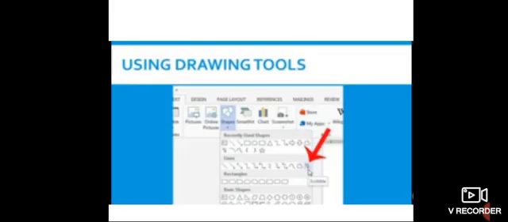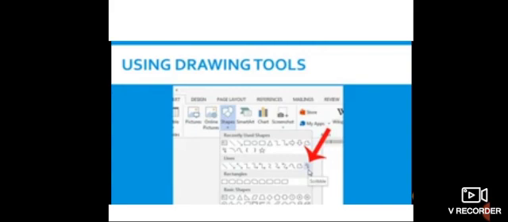Next is how to use drawing tools. The drawing toolbar contains various options to format shapes. So, how can we create a hut using various shapes? We have to use which tool? Line tool, and draw the outline of the hut.